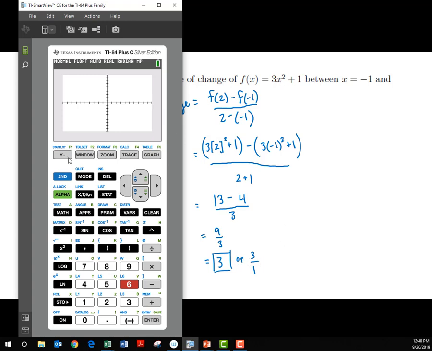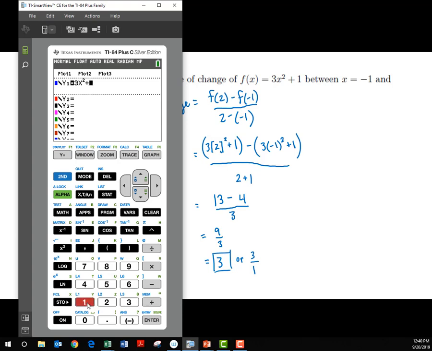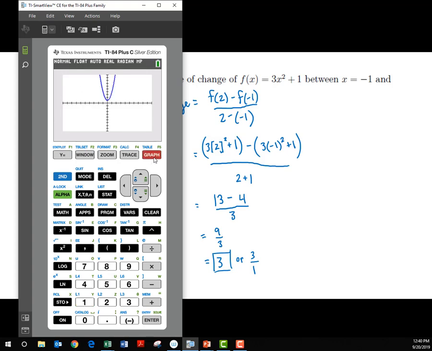So in our graphing calculator, if we pull that out and we go to our y equals menu, we can go in and type in 3x squared, and so I'll just find this little variable button here, hit x, and then my square button, plus 1. And what I want to do is take a look at what this function looks like over the interval we're interested in, right? Which was x equals negative 1, and you can't see it right now, but x equals 2. So if I hit graph, first of all, it'll show me the graph, and here's x equals negative 1, here's x equals 2,